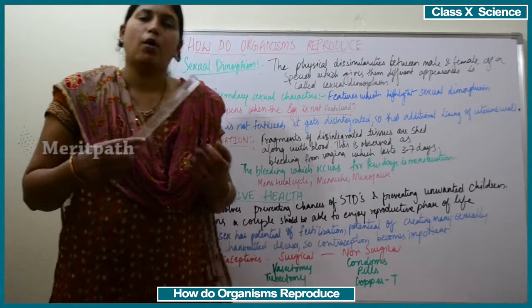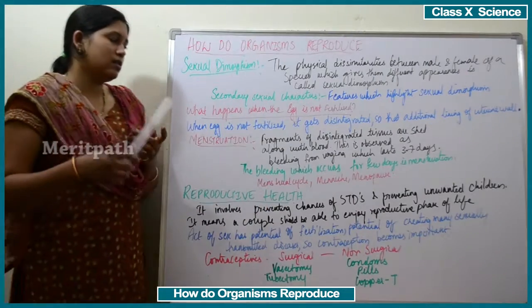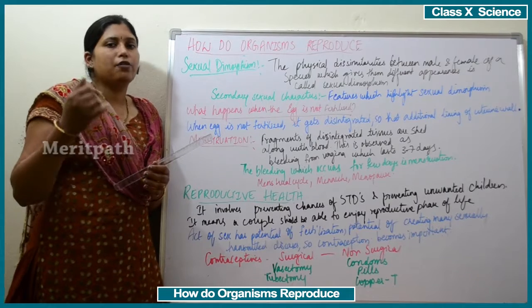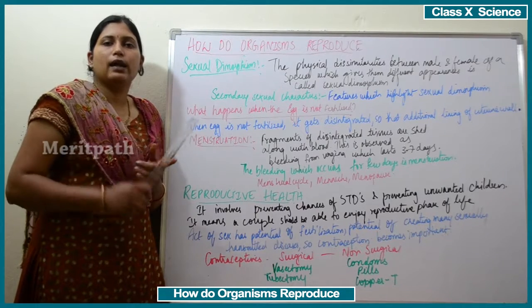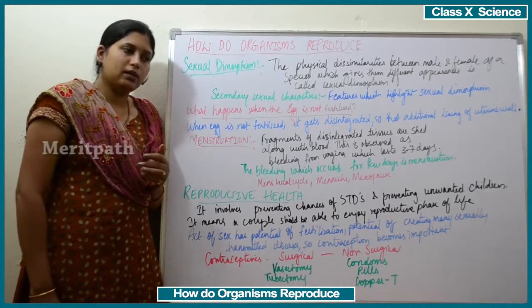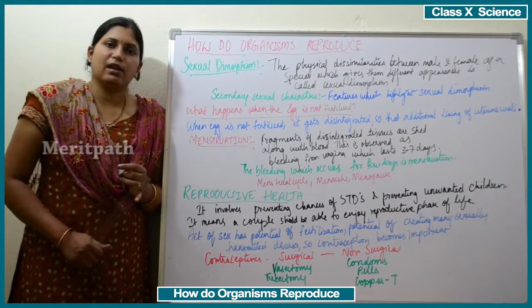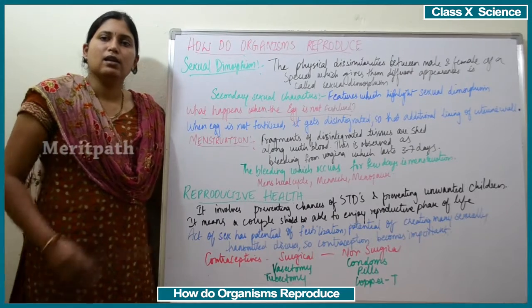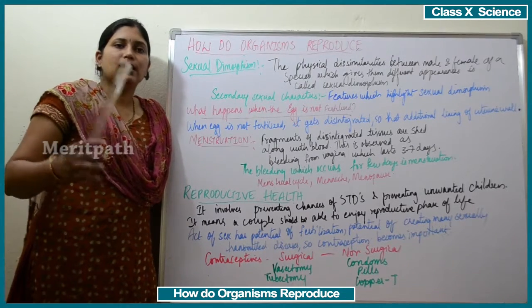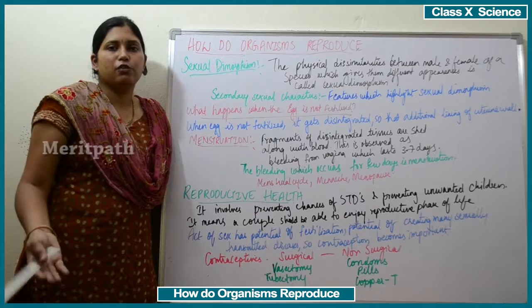Teeth fall, body size, height, weight increases. That is one part of the growth. But after 12 years of age, once you attain the adolescence period or the puberty, then the reproductive growth starts, right? Secondary sexual characters develop, the body increases in size. This growth is separate. Then you can say that the body has attained the reproductive maturity.